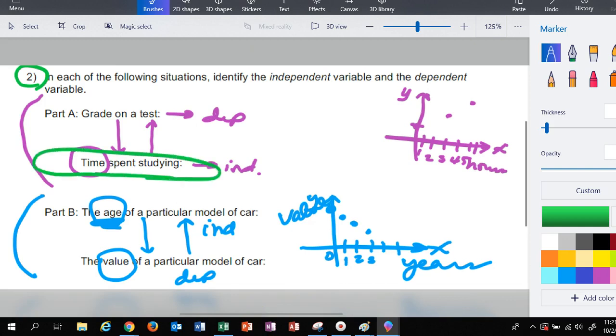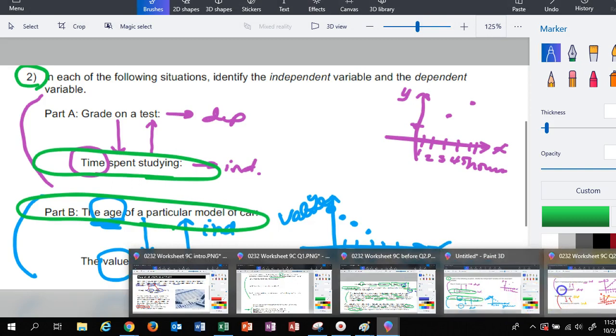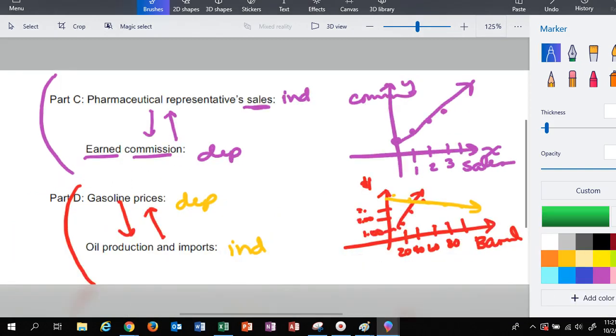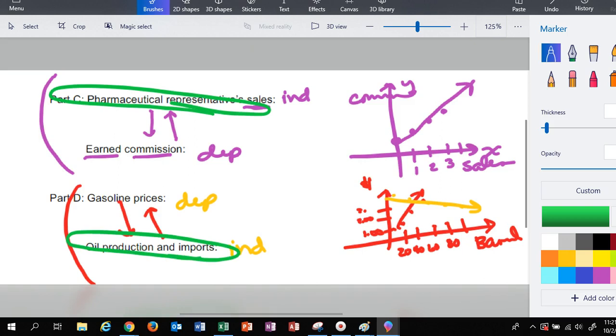So time spent studying is going to go on question 3. The age of a particular car is going to go on question 3. Let's see if I can go grab this one pretty fast. Pharmaceutical representative sales are going to go on question 3. And then oil production is going to go on question 3. For question 4,